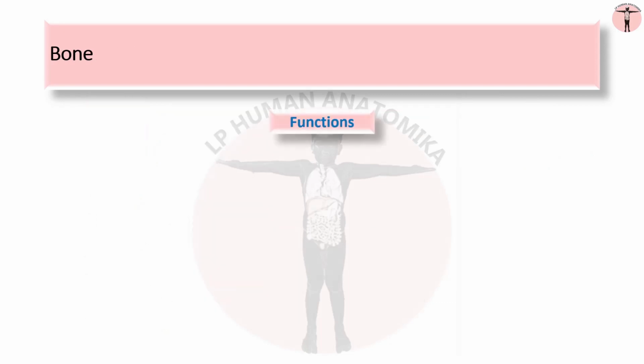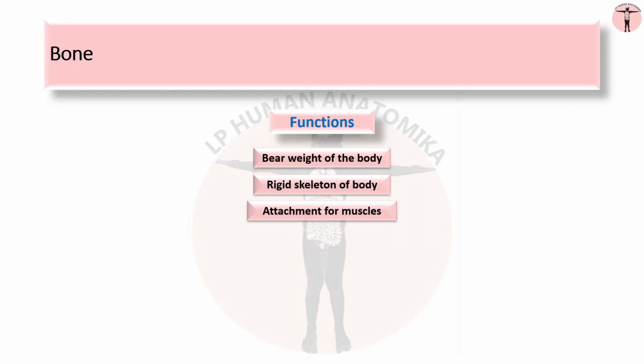Let us recap what the functions of bone are. The bone matrix is mineralized. Bones become hard, dense and rigid. Because of mineral deposition in the matrix, bones can bear weight. It serves as a rigid skeleton of the body, provides sites of attachment for muscles and organs, and provides protective cover for numerous soft organs. The brain is protected by the skull. The heart and lungs are surrounded by the thoracic rib cage, and the urinary and reproductive organs are located between